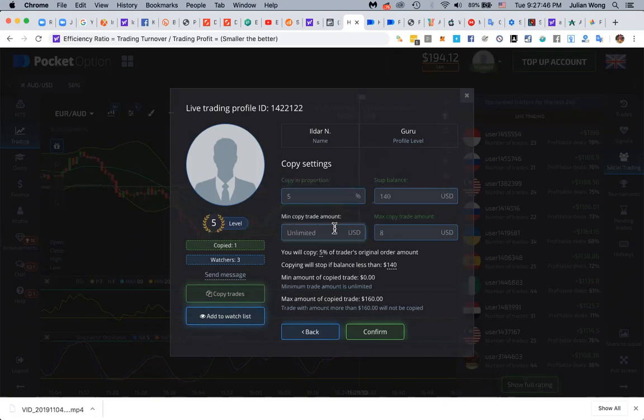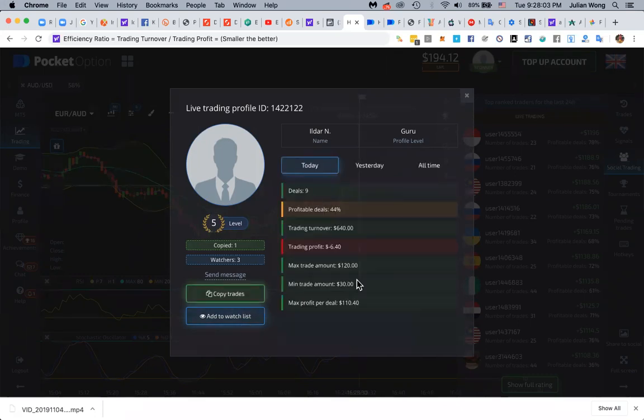And now I told you I have another idea for you, right? The other idea is that if someone is a martingale, what if we copied their trading only on their third or fourth trade? Would that sound like a good idea? Because if we look at the way that he trades, okay, 30, double up, 60, double up, 120. So he does a 3-step martingale. So what if I decided to only follow him on his third trade?